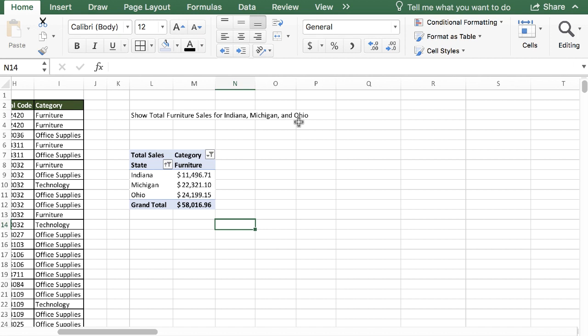Now let's say we want to go one step further and sort the data differently. So right now it's in alphabetical order by state name, and I don't want it to be that way. Instead, I want to change it so that my sales are in descending order, so the highest value is first. So I'm going to click on the Filter button,